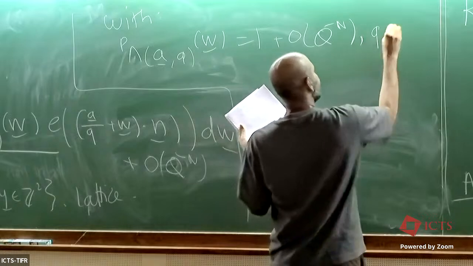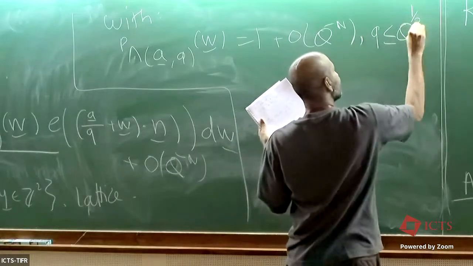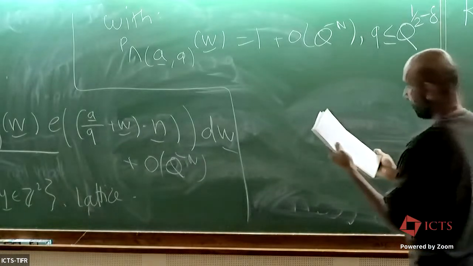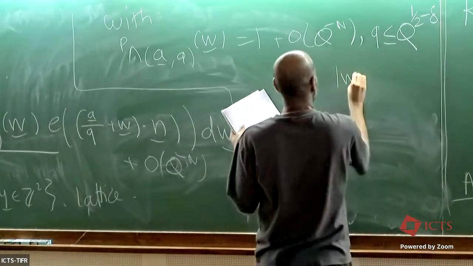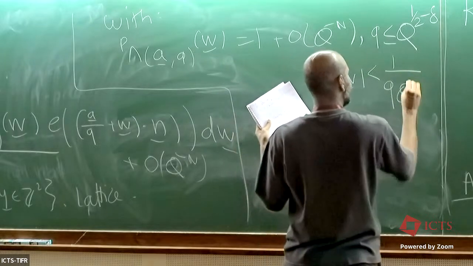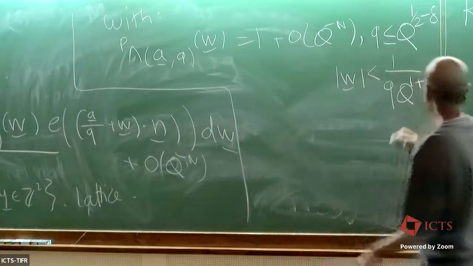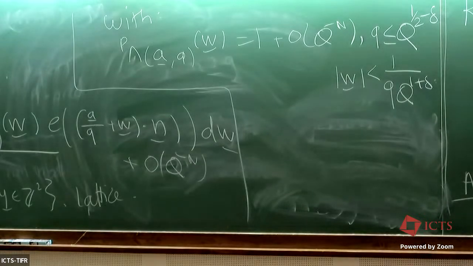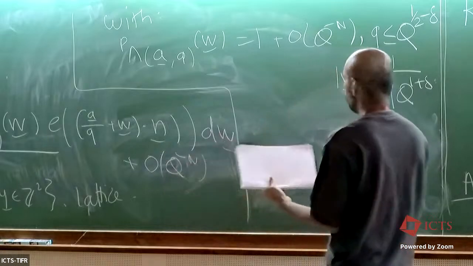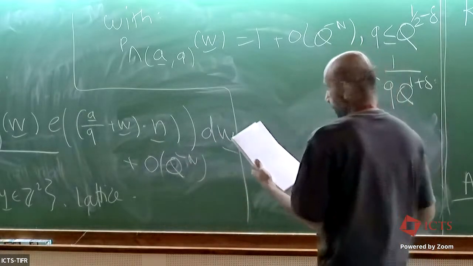As long as we can actually make it more precise, as long as Q is less than big Q to the half minus delta, and W is strictly less than 1 over Q to the 1 plus delta. So in this regime, we know exactly what these functions are. They're equal to 1. So this helps you with the major contribution. And